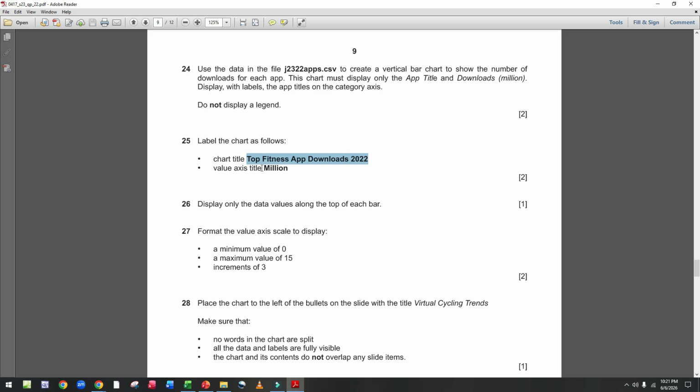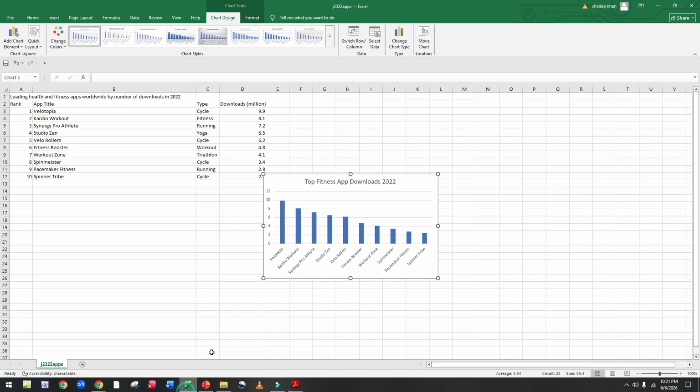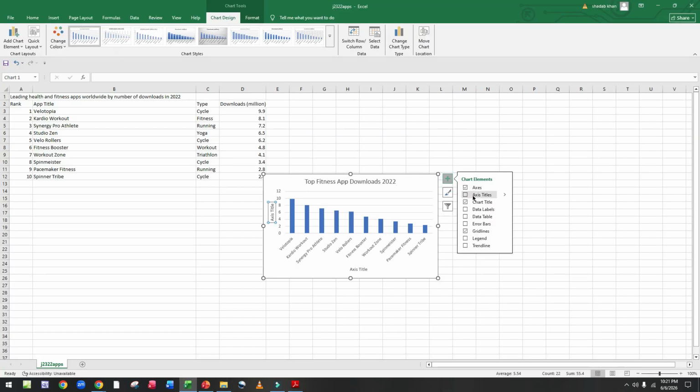Value axis title should be million. Here is the value axis title. Enter million.